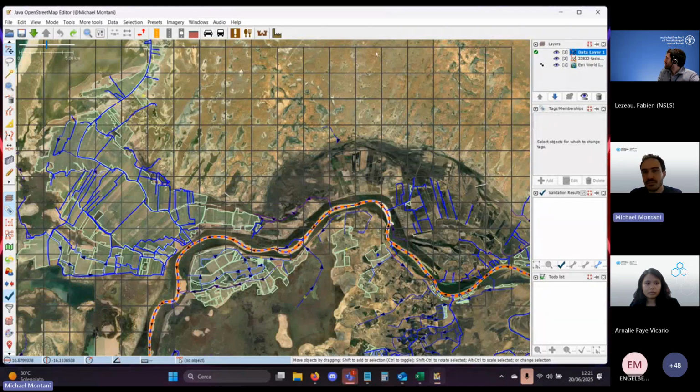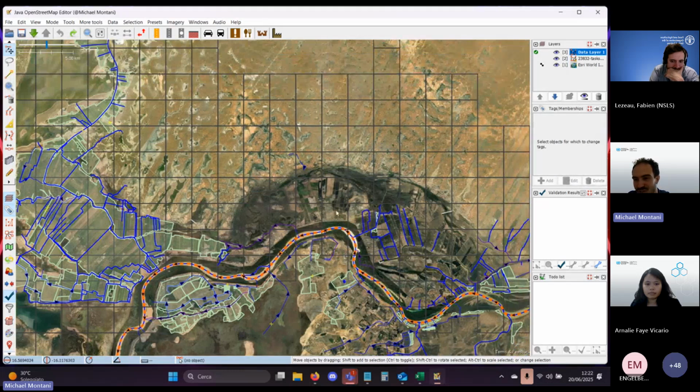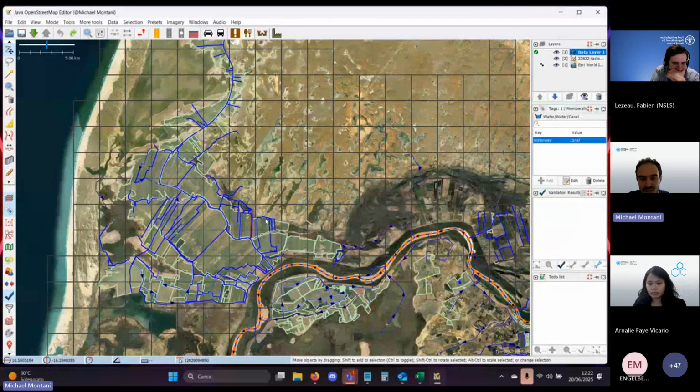The current editor that I'm using is JOSM. You can edit on OpenStreetMap with two different editors. One is the iD editor, which is the online one. It's the most widespread and used. And JOSM is instead a desktop application that you need to download. Here you can conduct mapping operations quite smoothly. It's more similar to GIS software, so it has plugins, shortcuts, and that kind of thing.